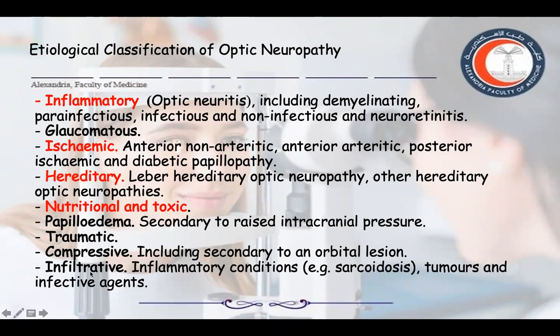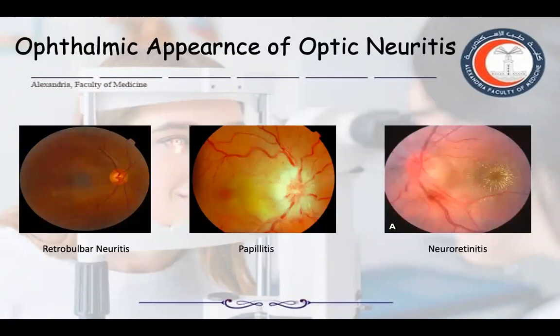Today, I am gonna discuss the items in red, as the other items will be discussed in the specific lectures related to them. Let's start with the inflammatory optic neuritis. We can divide the inflammatory causes of optic neuropathy, or what's called optic neuritis, according to the ophthalmic appearance or according to the etiology. According to the ophthalmic appearance, we can have a retrobulbar neuritis, as you see, in which